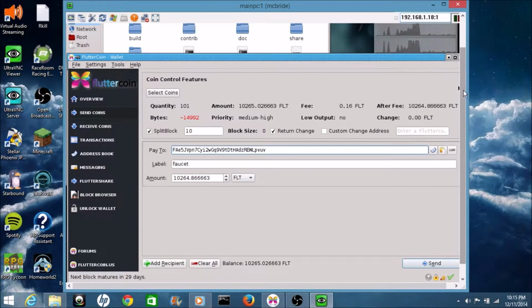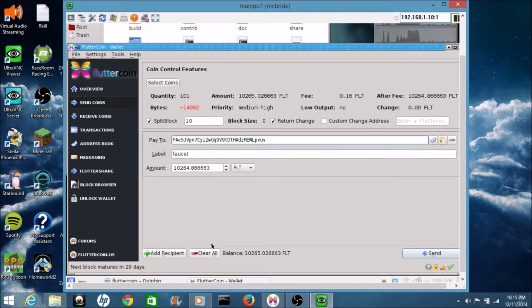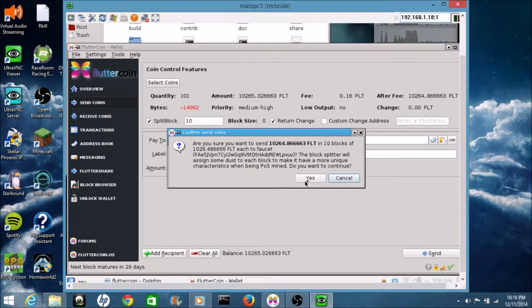Now it could take a few minutes for this to actually process, depending on how many blocks you have, how many coins, how you're splitting them up. So I'm going to go ahead and send the coins. And here, it's going to ask you if you want to do this. It's going to create 10 blocks of 1,026 coins and some change. It's going to send it to this address. I'm not quite sure what the dust is to each block, so I'm not quite sure what that is, but